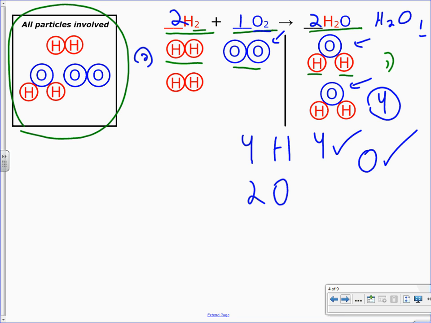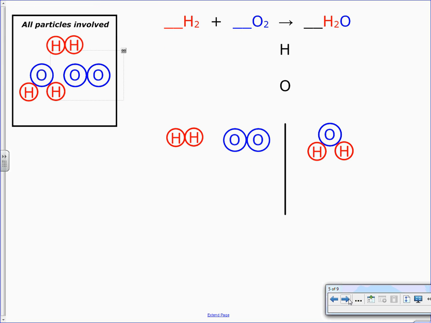So if you have 2 H2Os, there are 2 oxygens. So now the hydrogens, 4 and 4, oxygens, 2 and 2, check. This is now a balanced equation. Looking at it a different way, if you were going to do this method, which is the method you'll